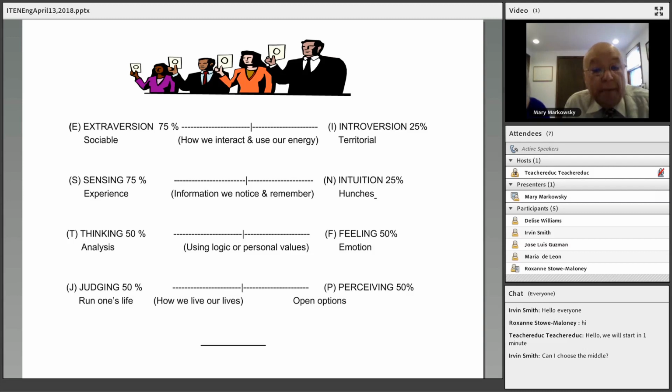Now we'll go through the third line. Thinking and feeling. The T for thinking, the F for feeling. This is how we use our logic, or we use our personal values. If you're a thinker, you like to analyze problems. You're a fair person, and you're motivated by achievement. If you're a feeling person, work for you is meaningful. You like helping others, and you like to contribute. Again, put an X or a check mark on one side or the other, and we'll go to the next one.